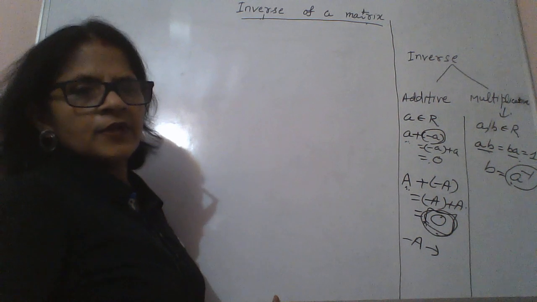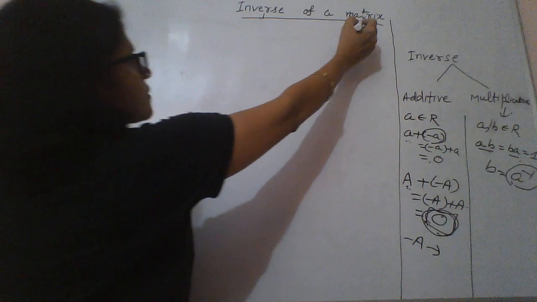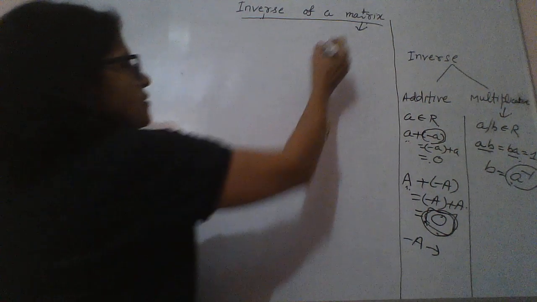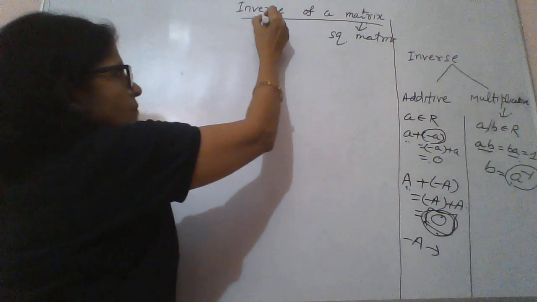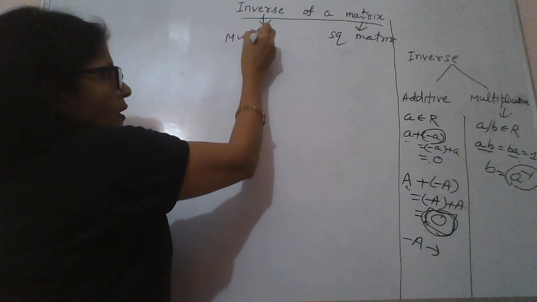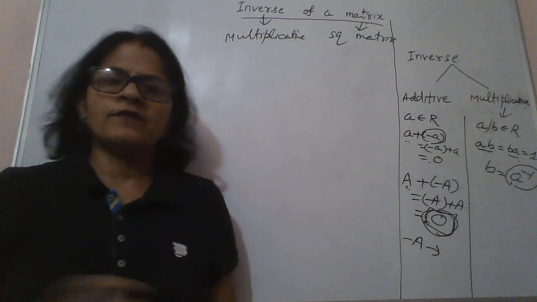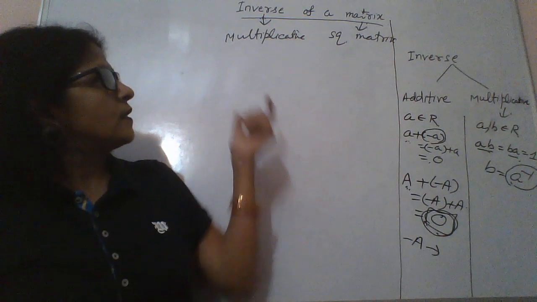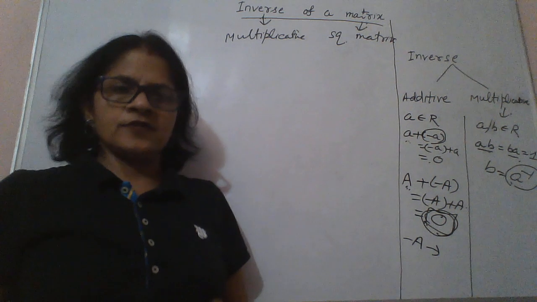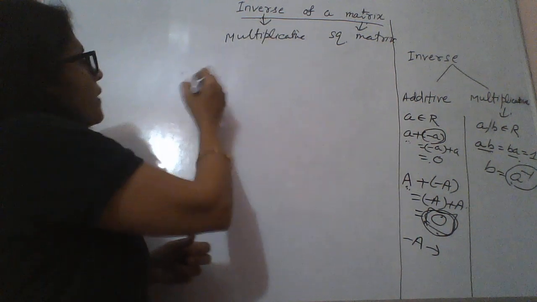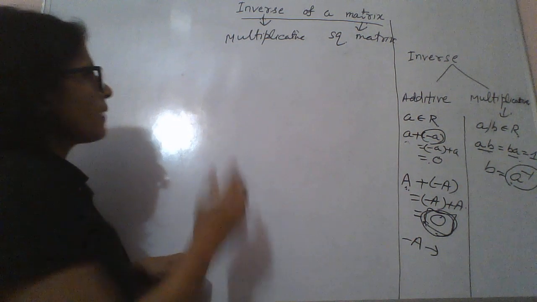In this way, the matrix system is a bit different. The basic principle remains the same. Whenever we consider inverse of a matrix, here matrix means we will consider square matrix. Inverse means we will consider multiplicative inverse. So if the question is find inverse of the following square matrix, then it is only multiplicative inverse by default, unless the question says something else. So let's see multiplicative inverse of a matrix, simply inverse of a matrix.